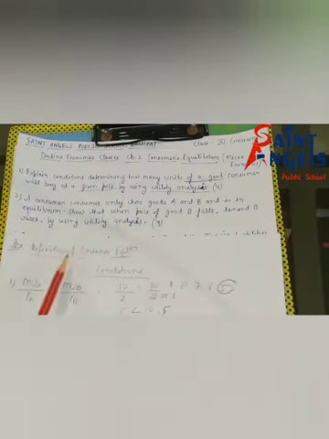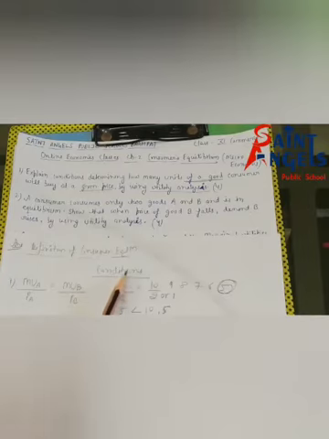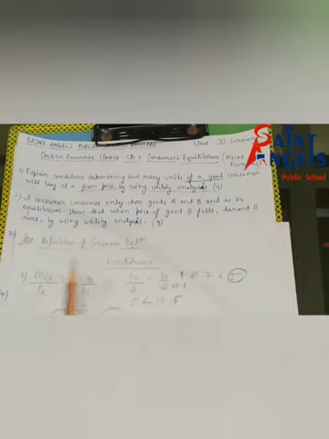First of all, you will write the definition of consumer equilibrium. What is the definition? Consumer equilibrium refers to a situation under which a consumer gets maximum satisfaction and he has no tendency to change his existing pattern of expenditure. Then after you will follow the condition of consumer equilibrium in case of two commodities: MUA upon PA is equal to MUB divided by PB. I hope all of you have understood.